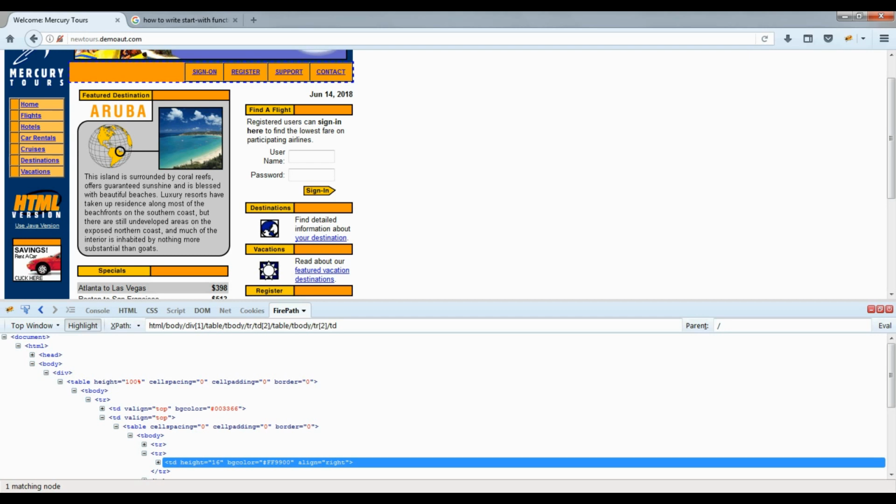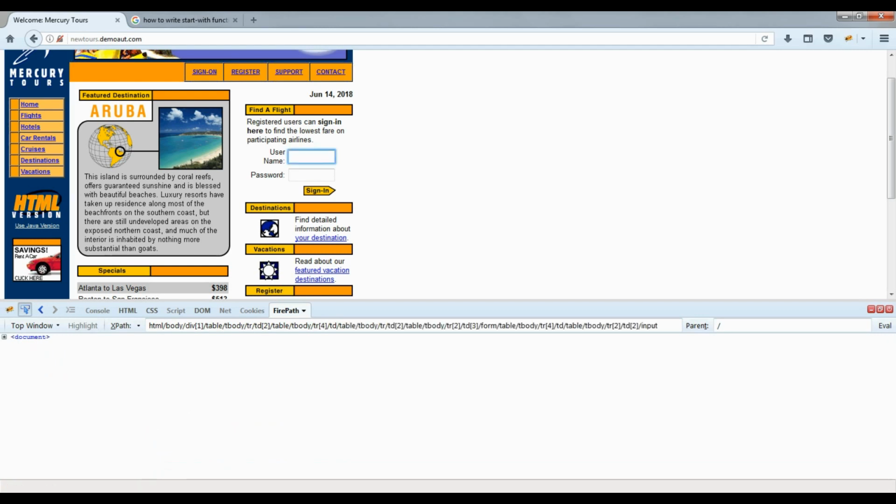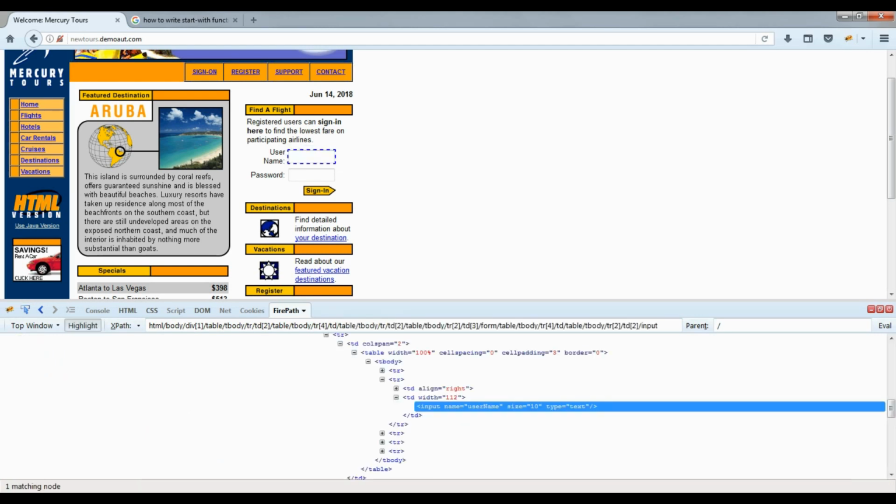Now we will write XPath using these functions. So let's inspect this username input text box. We got the corresponding HTML which says name equals to username. So I'm going to write the relative XPath here. This is the absolute XPath under the file path tab. I'm going to write XPath using the starts with function. So // tag name is input, then starts with function